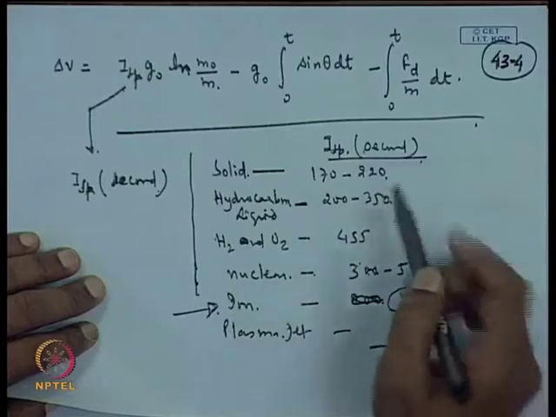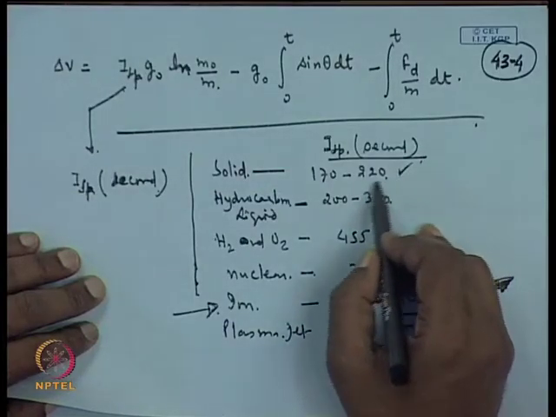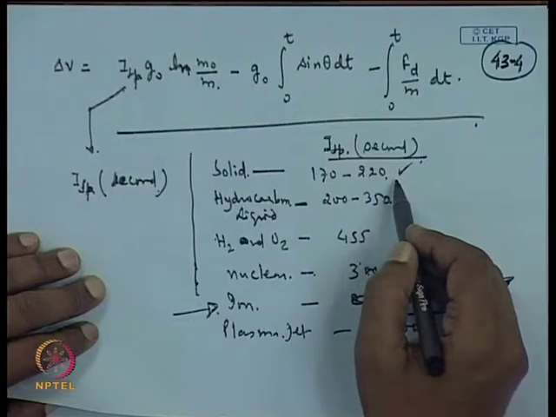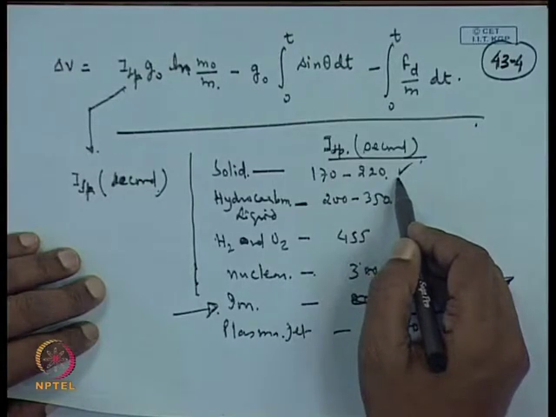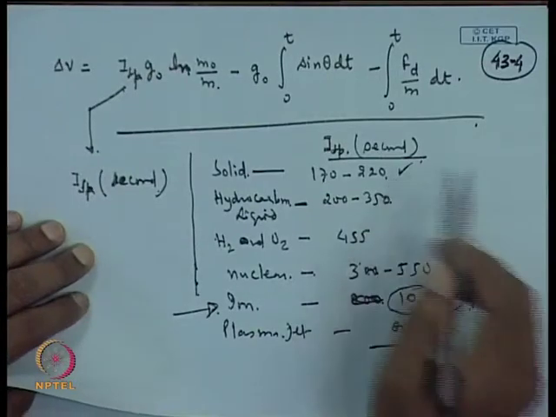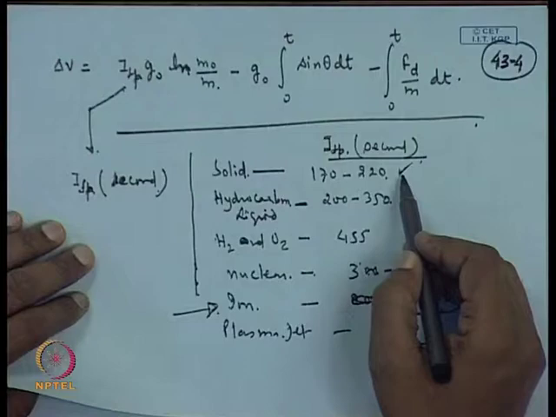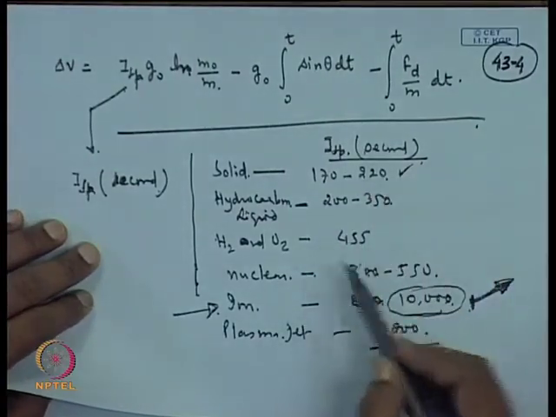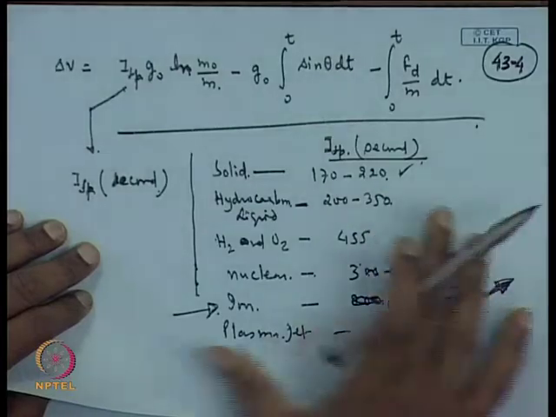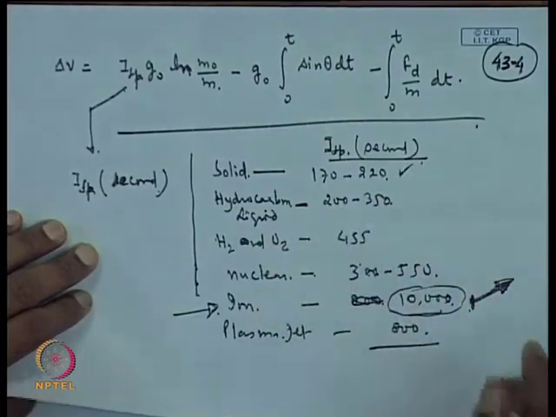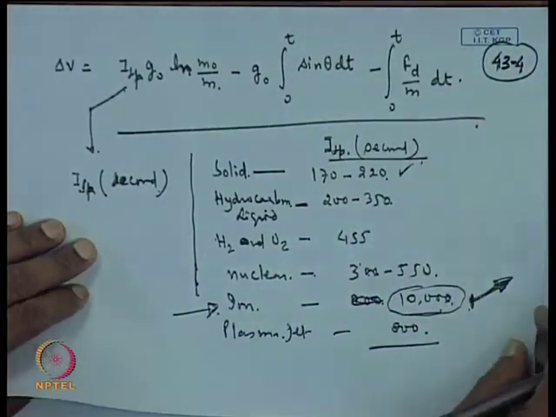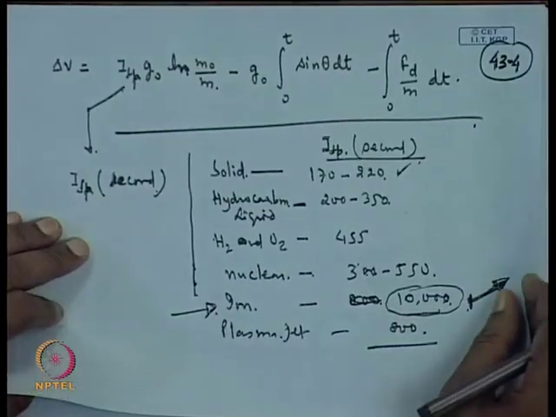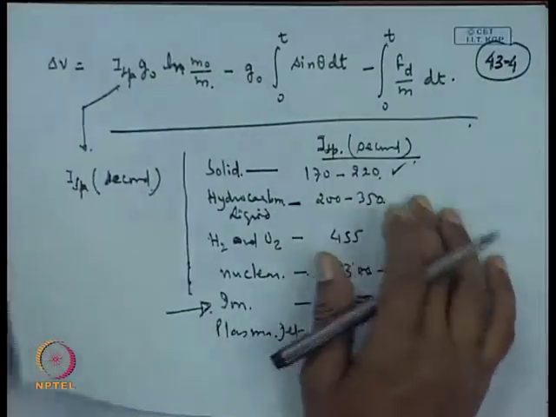Solid ones I have already told you: the solid rockets use solid propellants, and they are mixed with some glue and filled into the rocket, okay, and fired by firing a charge. Other ones are a little more complicated, and they have their own mechanism. Here we are mostly concerned with the dynamics of this rocket, not with the chemistry of the rockets. So, we avoid that.